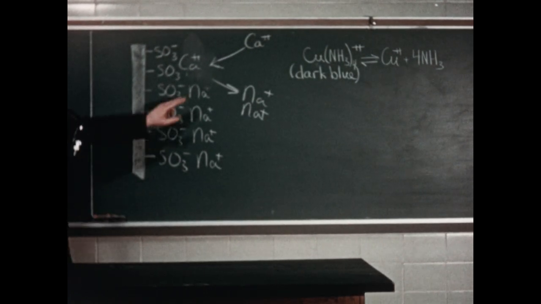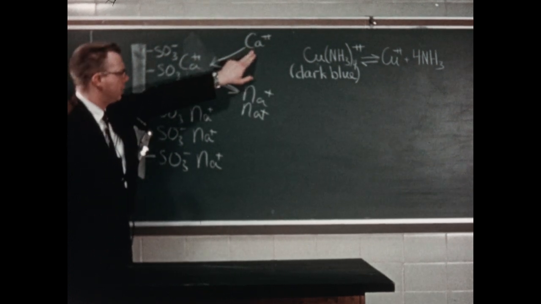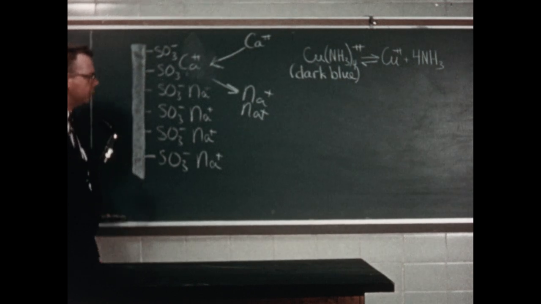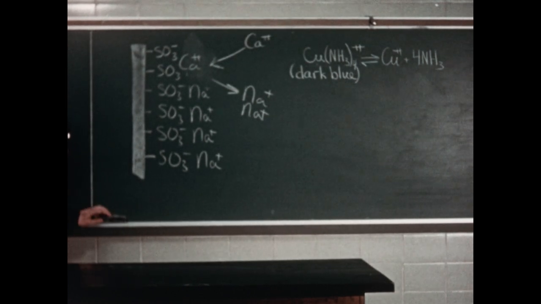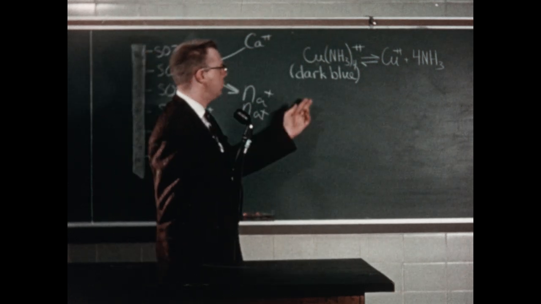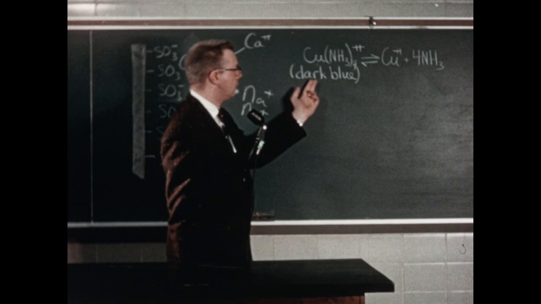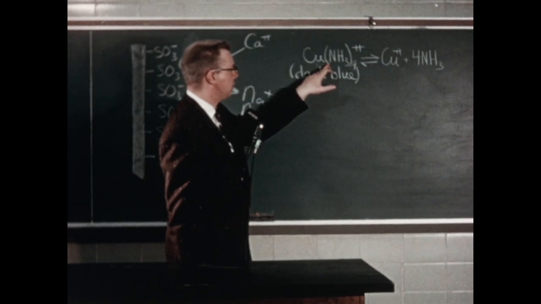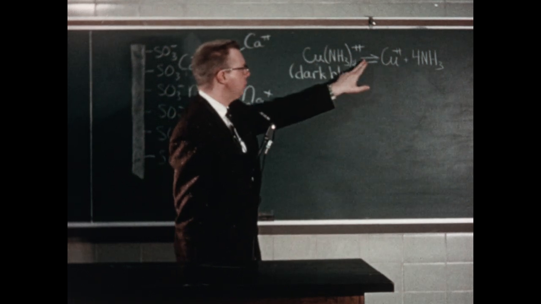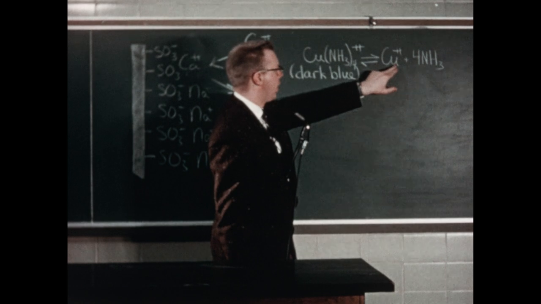But we're not going to use calcium ion in our ion exchange experiment because the calcium ion is colorless and the sodium ions are colorless, and it would be very difficult to follow the course of the reaction. Instead, we're going to use the copper-ammonia complex ion, which is dark blue in color. The color permits us to identify this ion, which is in equilibrium with a small amount of copper ion